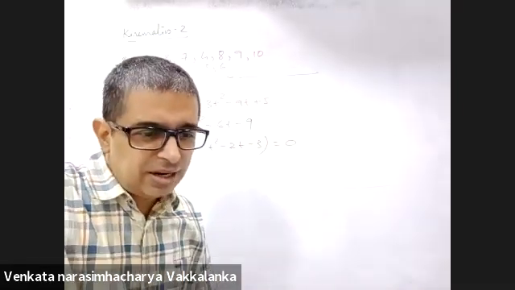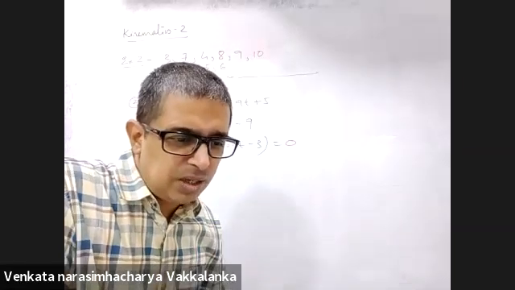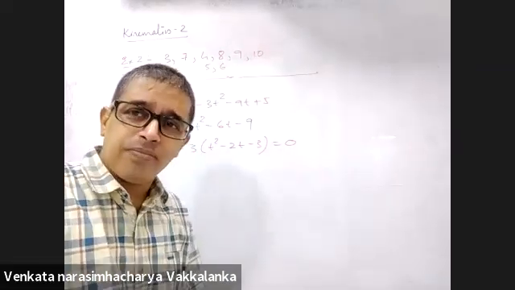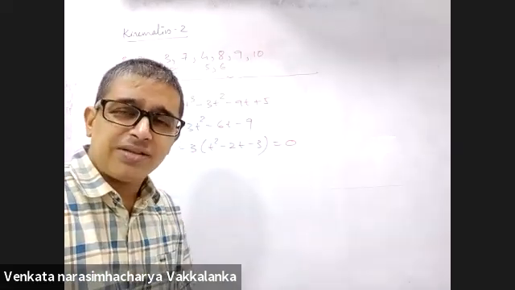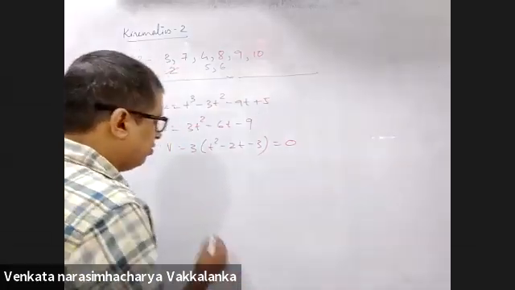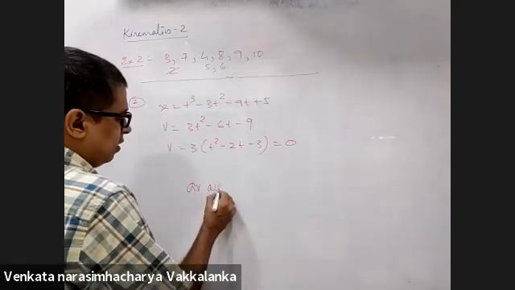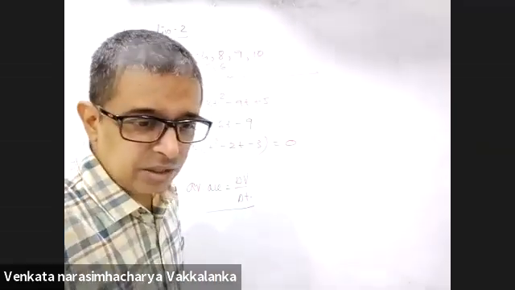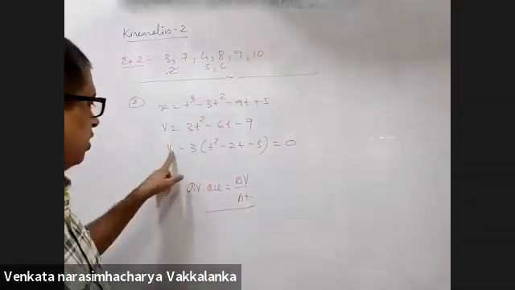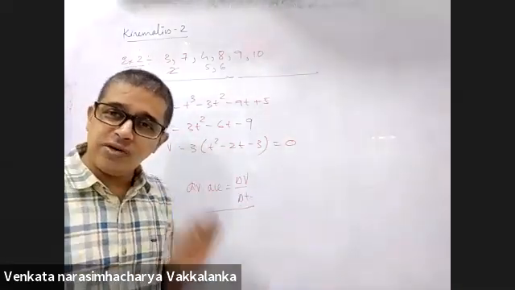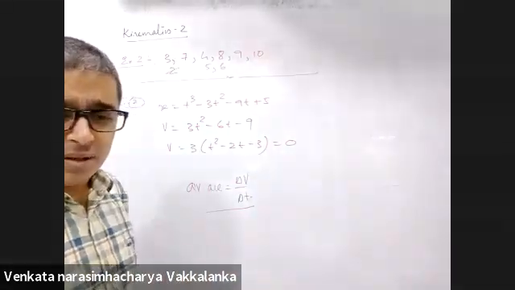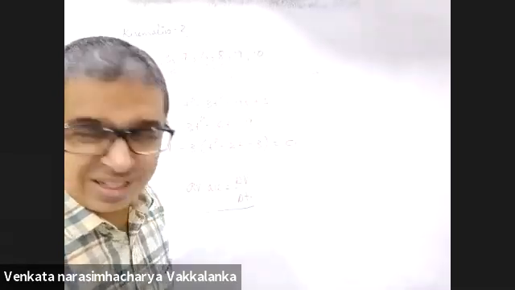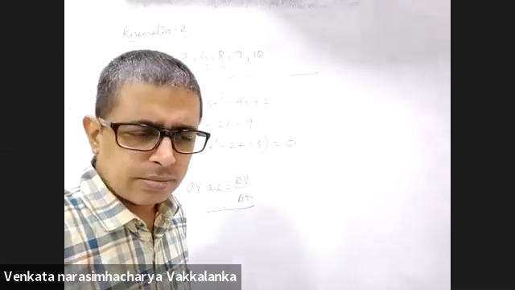Then comes average acceleration between 1 to 2 seconds is 6 meters per second square. Average acceleration is change in velocity by time, delta V by delta T. He gave you 2 time instants, 1 and 2 seconds. At 1 second, find out the velocity. At 2 seconds, find out the velocity. Difference in velocity by time. Can you solve that? Yes, sir.